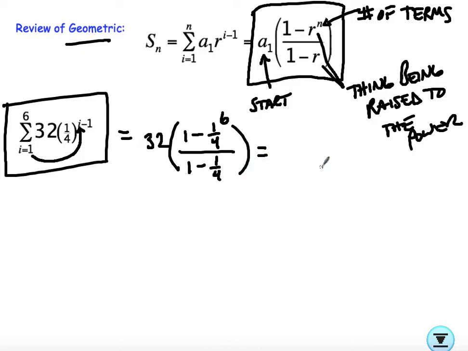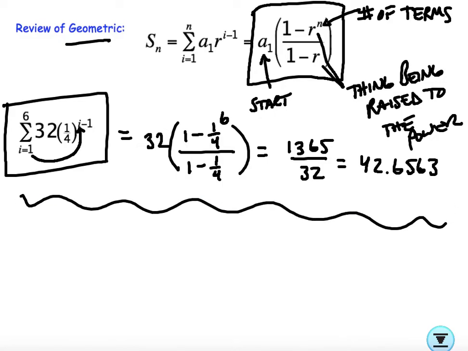Okay, and I type that in my calculator, and my answer will be, I can write it as a fraction, 1,365 over 32, or I could write it as a decimal, which would be 42.6563. Okay. Otherwise, the long way to do the problem